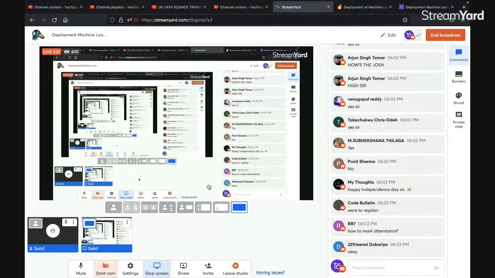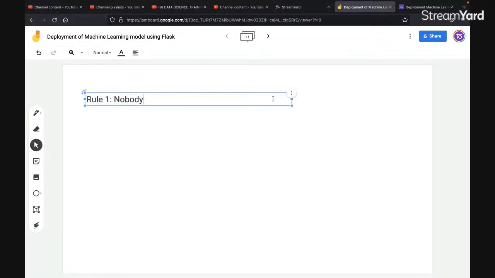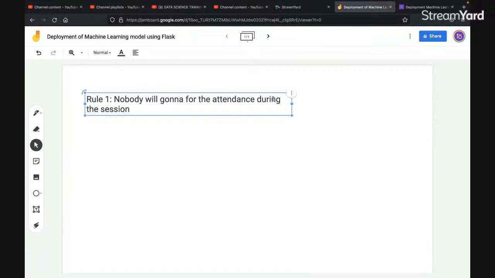Rule number one for all of you is that nobody will ask for attendance during the session. Because now we are going towards the advanced concepts, guys. We are going to learn something new that will make a huge impact in our career.